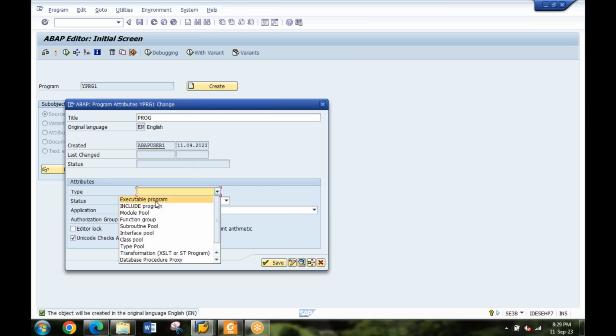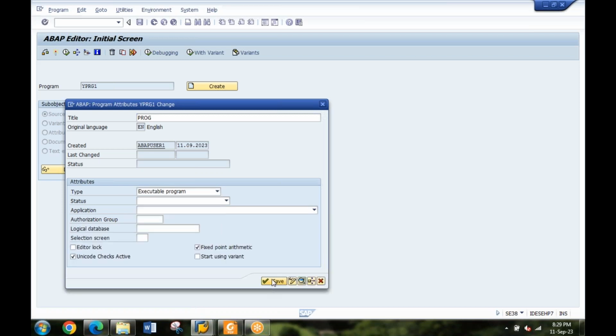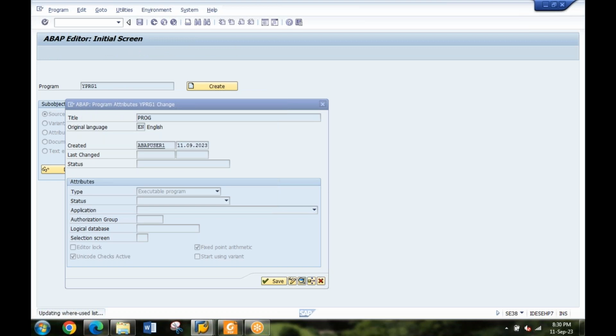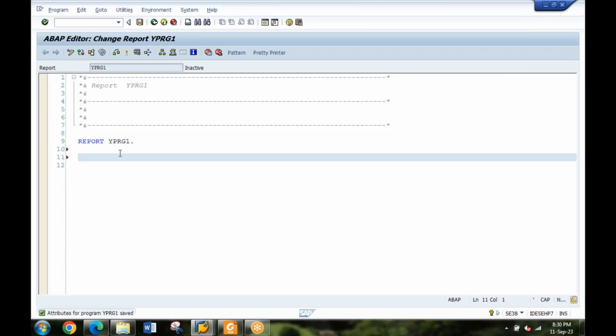Let's say I'm choosing an executable program, I click on save, and it is asking me where to save it. So this is my programming window. Let's say a simple program, parameters.